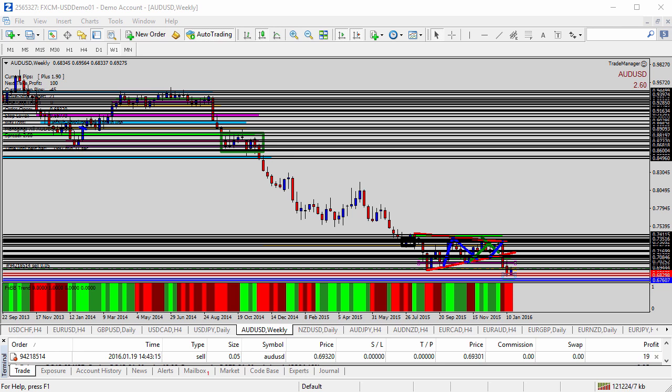In just a moment, we'll be taking a look at the AUDUSD, the Australian versus the US dollar, for today's trade analysis. But first, just a recap of yesterday's trading. With the bank holiday in the U.S. yesterday, we had very little or no market movement really to speak of during the U.S. trading session. So there really wasn't any solid opportunities to get into the market yesterday. So no trades were taken during the U.S. trading session yesterday. Coming back into the market today, we do have a couple of opportunities that are presenting themselves,